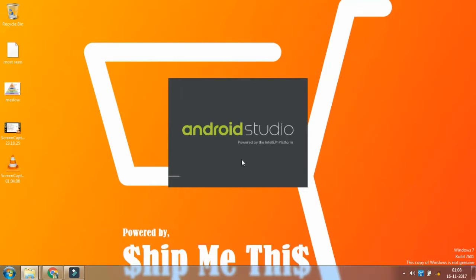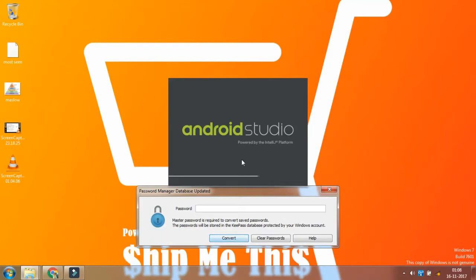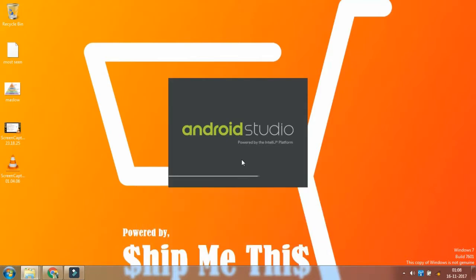If you are actually new to Android Studio 3, then you should read my Android 2.3.3 tutorial to see how to configure Android Studio. So the password, there is a master password which you have to enter, same password that you have used in the previous versions.